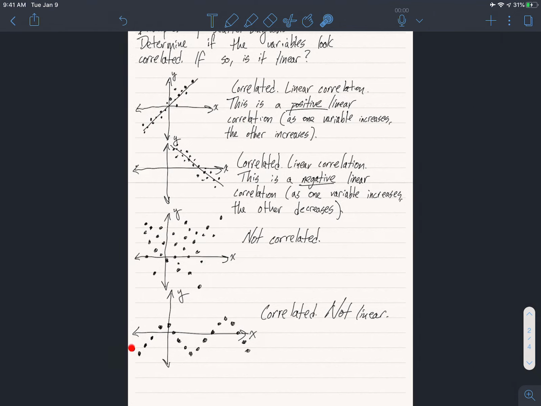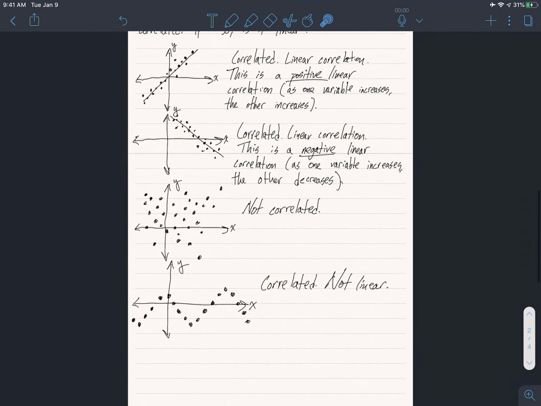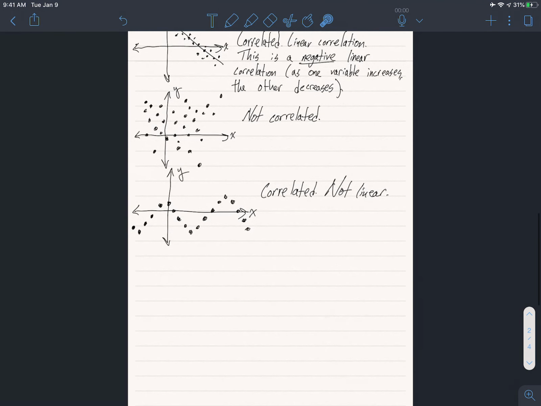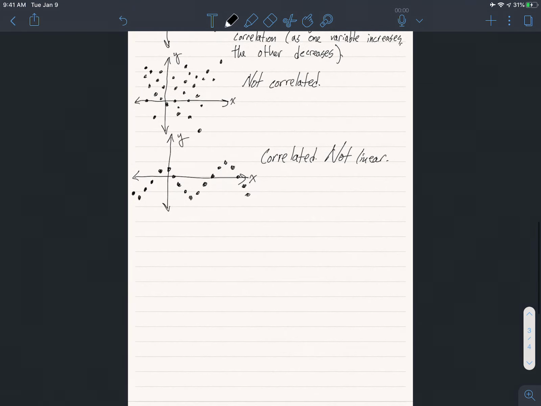But that's only because correlation I can spend an entire semester on. These different shapes have different methodologies on determining mathematically if they're correlated or not. The picture is just a good idea, but it's not the end-all be-all. We still have to do some math. Sorry about that. All right. So let's get to that math. How do we determine